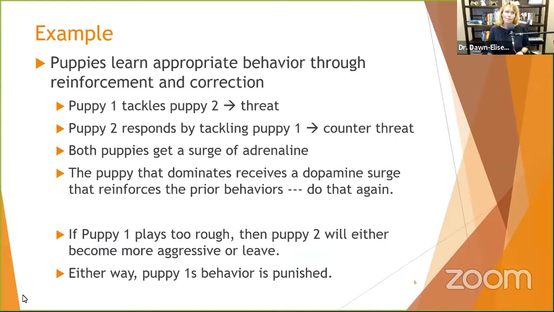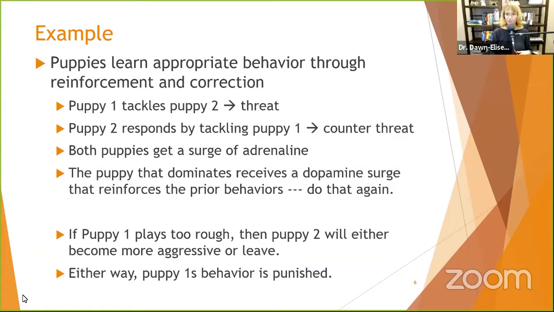So let's talk about puppies. I love puppies. And I help people start to see how they learn from their environment in very primitive ways. So puppy number one tackles puppy number two, and there's a threat. Puppy number one's like, oh no, you didn't. And if they're playing, this is how they play and how theoretically in the wild they would learn to fight